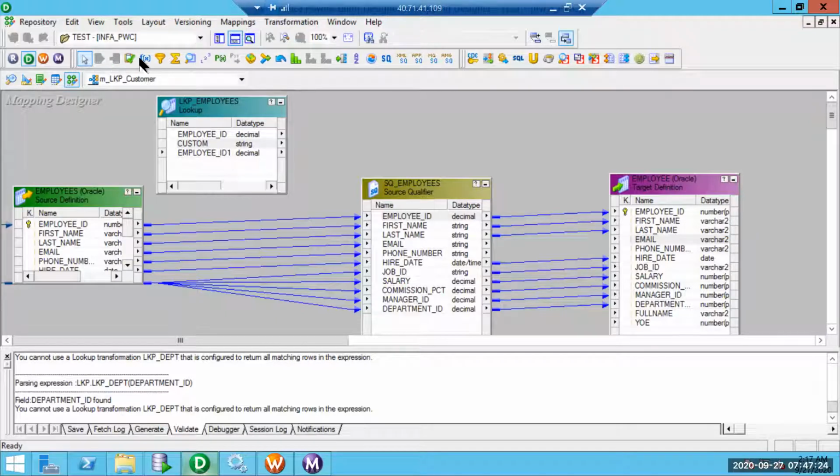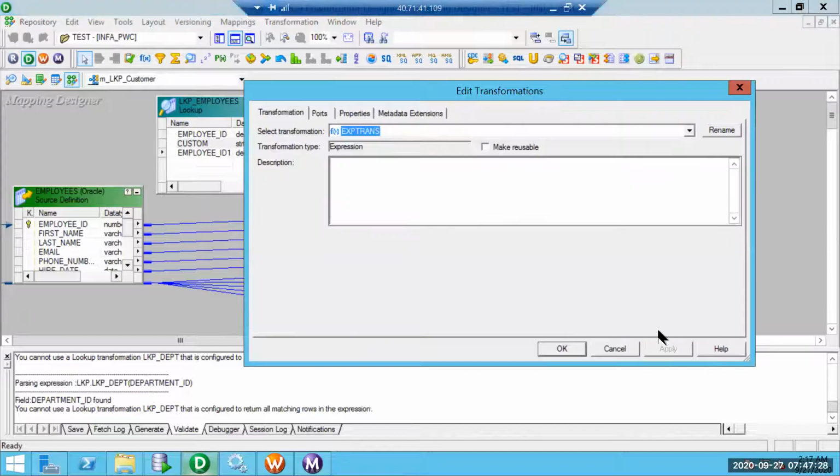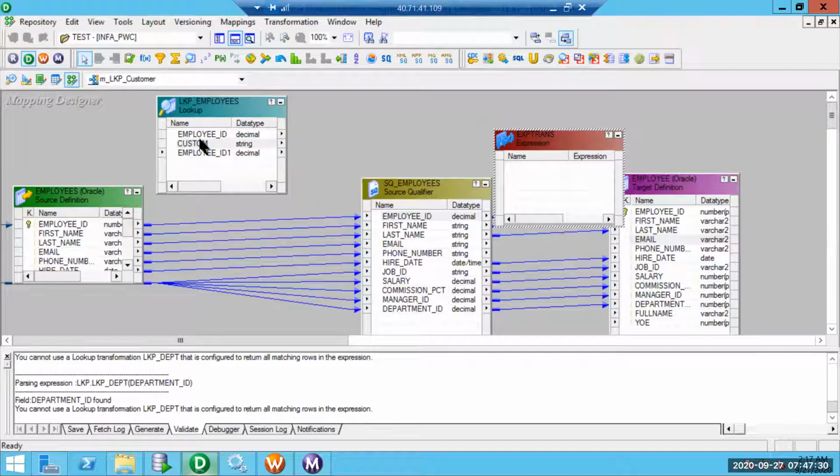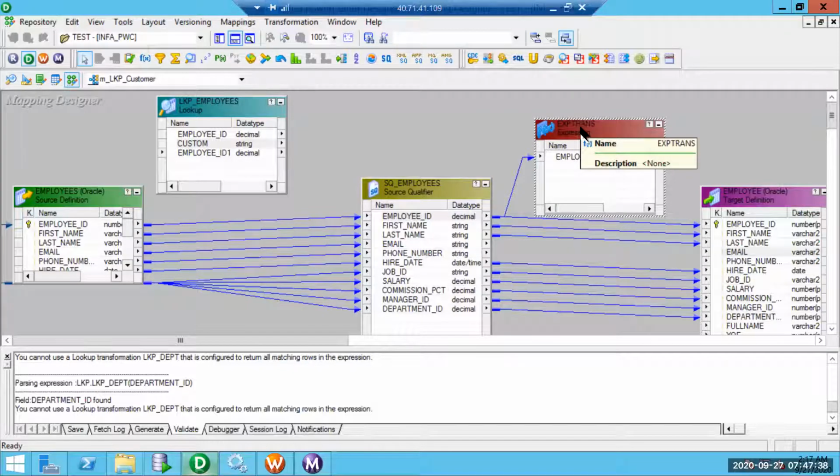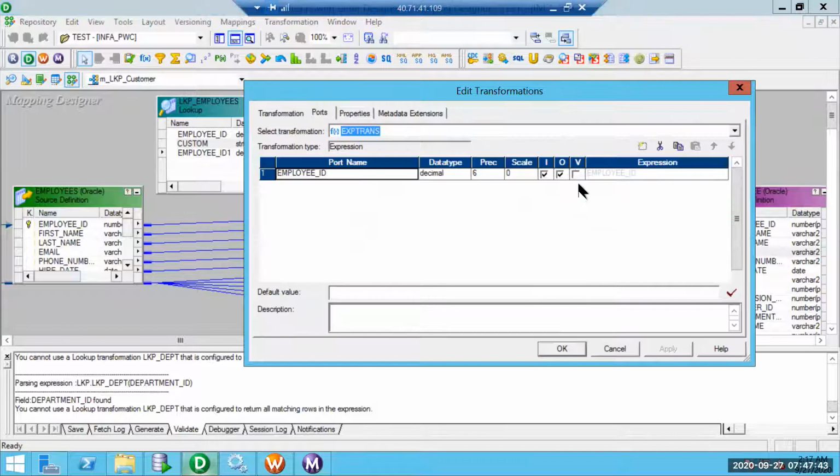Expression transformation in order to invoke lookup as well as split the columns. So we are looking up based on employee ID. Expression transformation cannot be unconnected. So based on employee ID, we were invoking custom column.